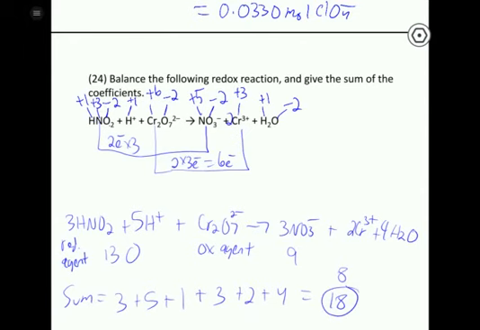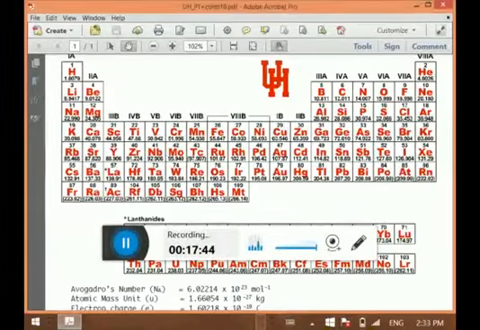We went over this yesterday, but I kind of forgot. So originally chromium has 6, and then it goes